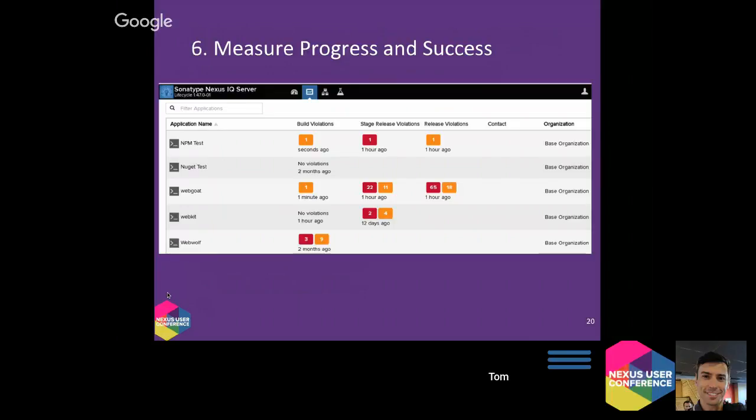So I'll quickly go into the last step, which is measure progress and success. There's a variety of... All right, Tom, sorry, you want to jump in? You've got about 2 minutes? Got it. No problem. There's a variety